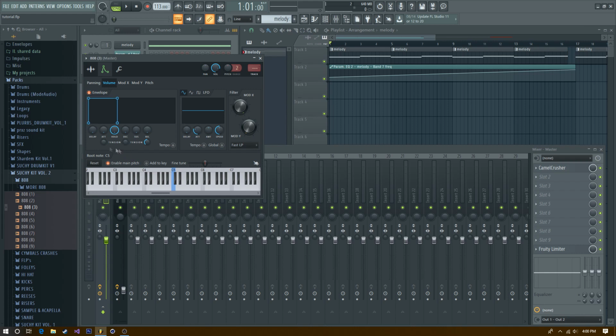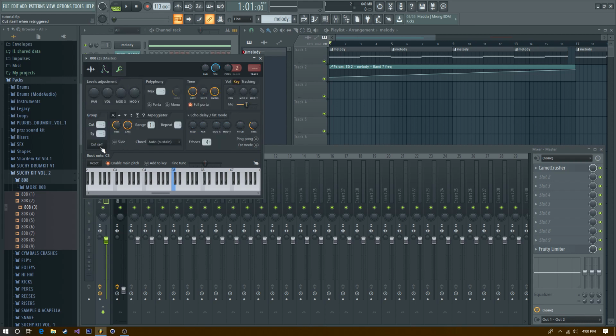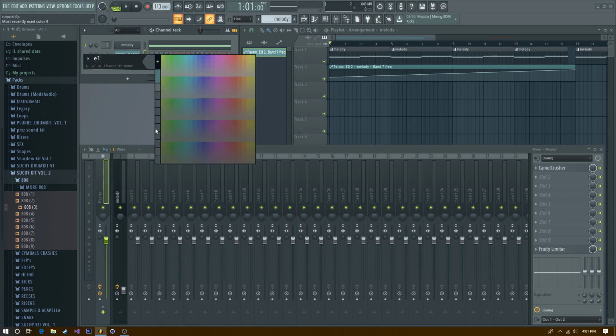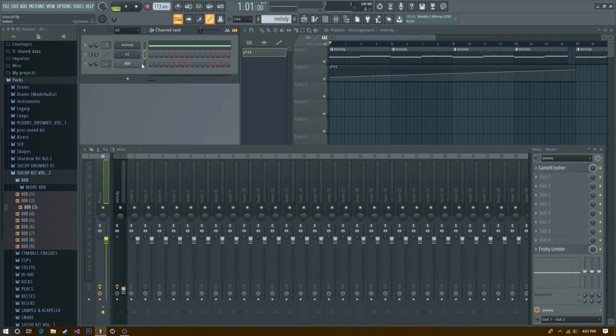And what this does is that when you're on your MIDI keyboard and you press the key, right when you let go, it stops. There's no sustain or anything. You don't want any of that on your EQ. Then you're going to want to go here and click Cut Self, drag that down to 1 on both of these right here. And that's pretty much it. We're going to rename this to 808, and we're going to rename this to EQ. And I just like to keep all my things gray. I don't know why, but